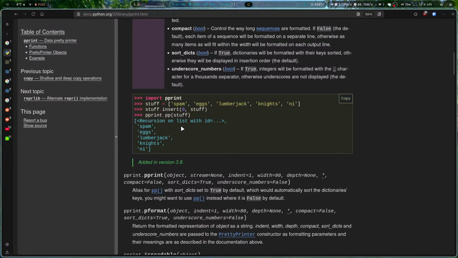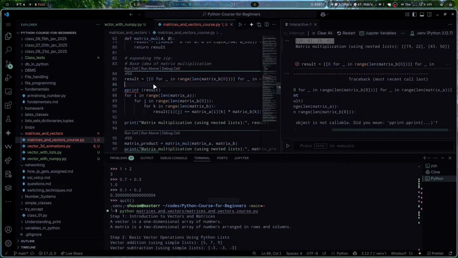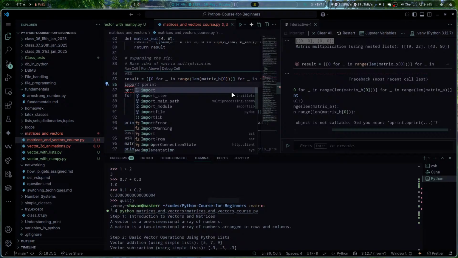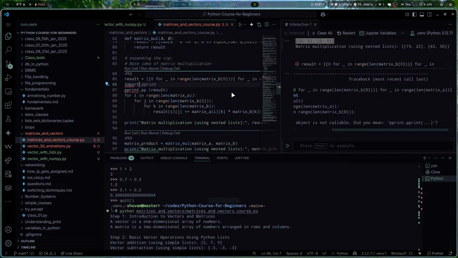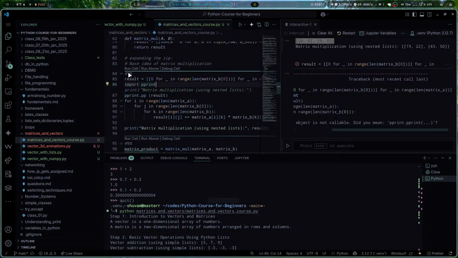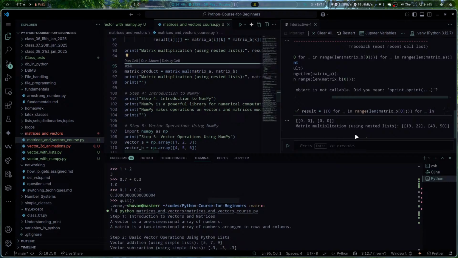Oh, it is pprint dot pp. Okay, that's what I was thinking. I need to import pp. Fine. Run that. Now, okay, it's still not giving me a good enough